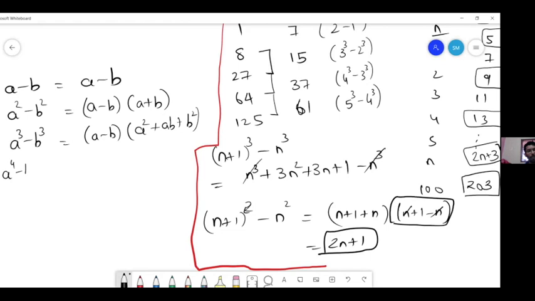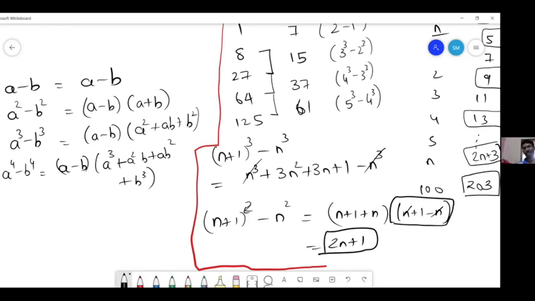Next, suppose you have a⁴ minus b⁴. Can you try to see if there is any pattern and complete it here? a² plus b²... a minus b into a² minus b². True, yes. That is one way of doing it. But a minus b into a bracket: a³ plus... a² b plus ab² plus b³. I think, I'm not really sure, I'm just guessing.